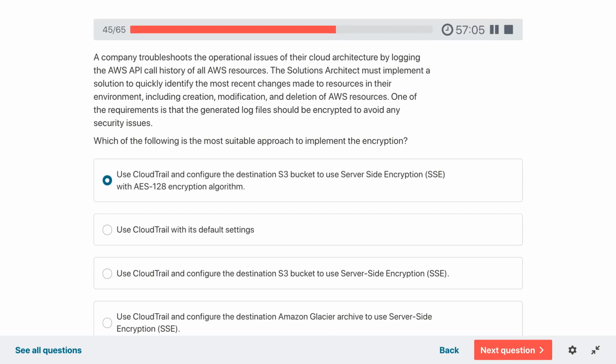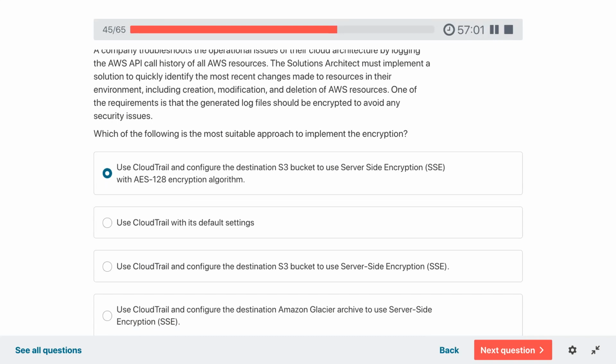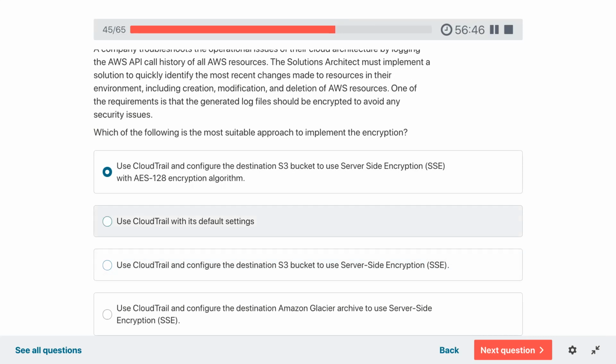So they are talking about almost the same solution, which is to allow server-side encryption, SSE. But in the first option, they provide AES 128. In this option, they are not doing this and use CloudTrail with its default settings. So if you do this, probably it will encrypt directly.